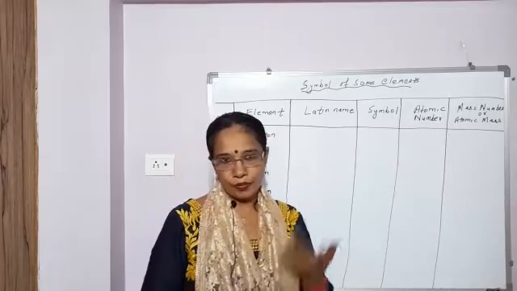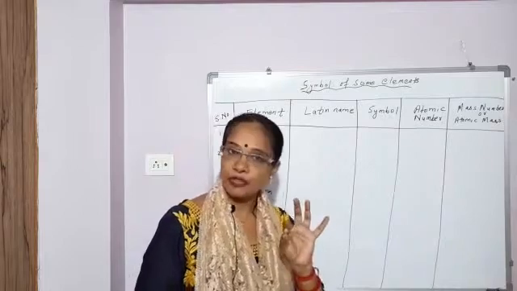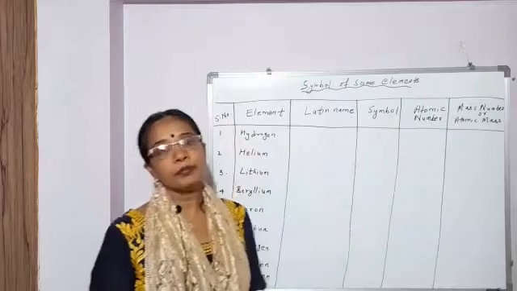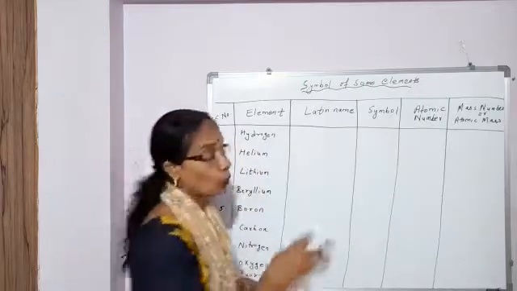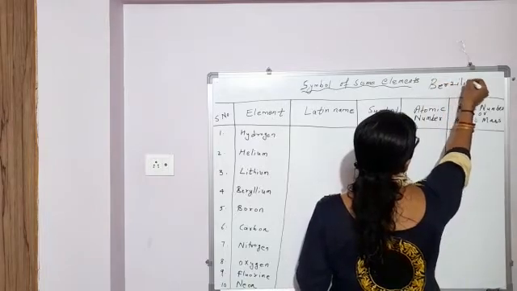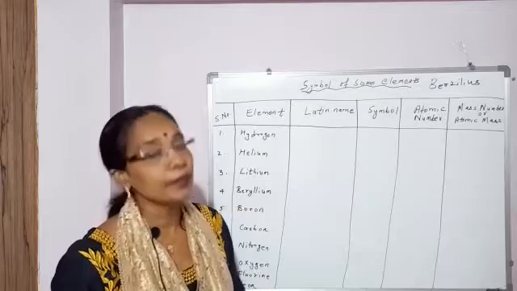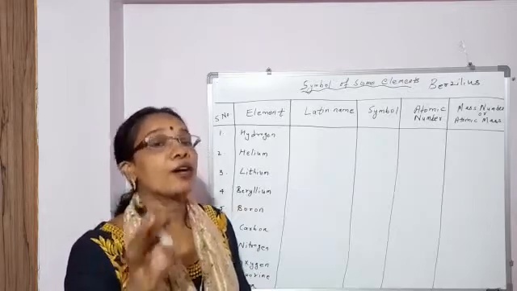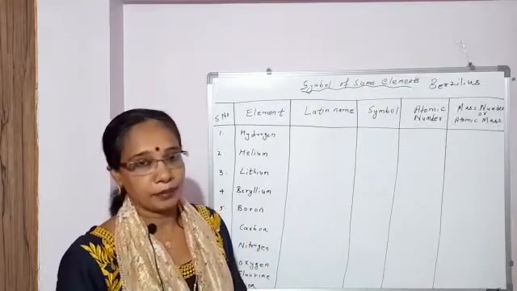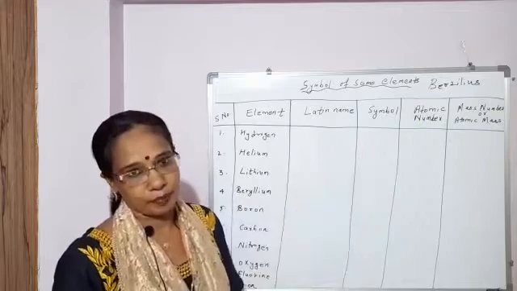Yes, students, just now I discussed Dalton's symbols, and Dalton used figures to give the symbol of an element. Later on, it was not very convenient. So, who came forward? Berzelius. In a more scientific way, he introduced the symbol of an element. He used one or two letters of the name of the element to give its symbol. And now the modern symbols are all based on Berzelius's concept.